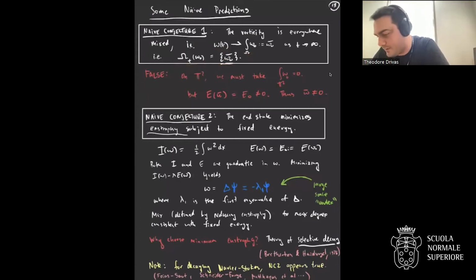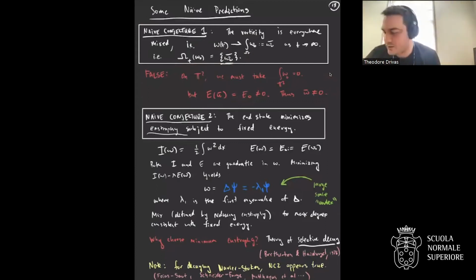This is obviously false because on the torus, like I said, it's mean 0. And so this would predict that the vorticity is mixing weakly to the 0 function, which has 0 energy, in particular energy that's not equal to the energy of the initial data. So that weak star continuity of the energy rules out this total mixing scenario immediately.